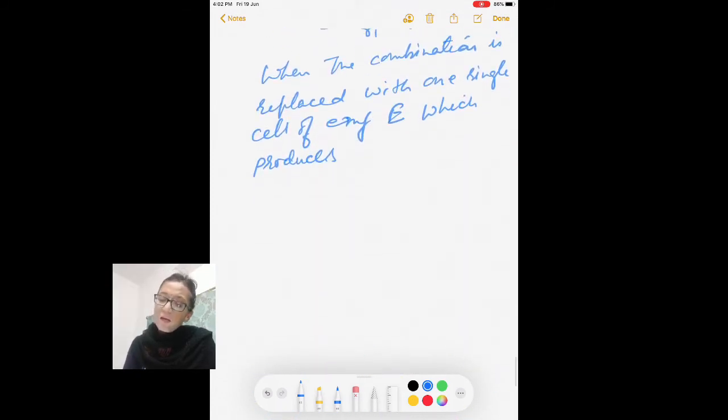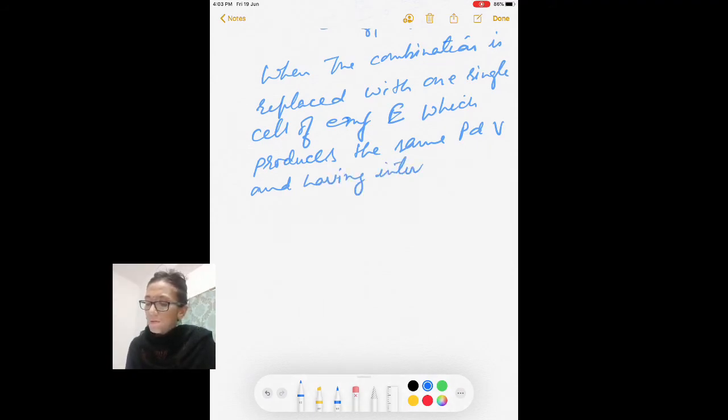So if we replace the combination of these cells with a single cell of EMF E and internal resistance R, which produces the same PD V and having internal resistance R, then